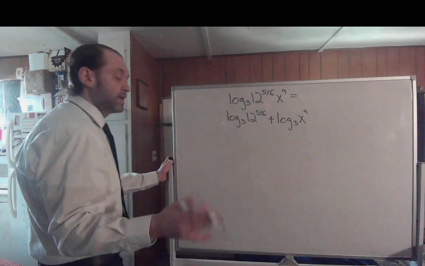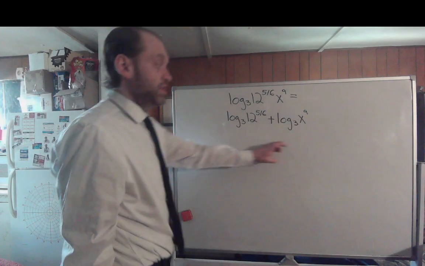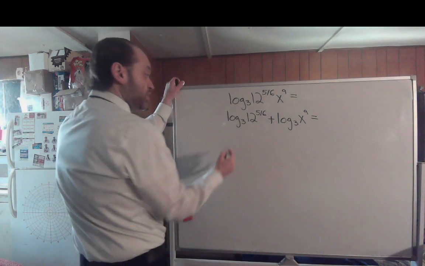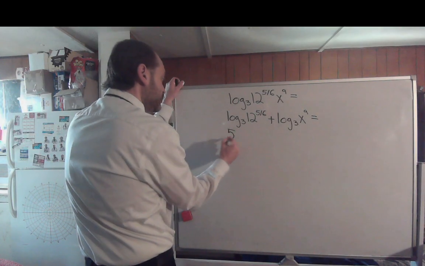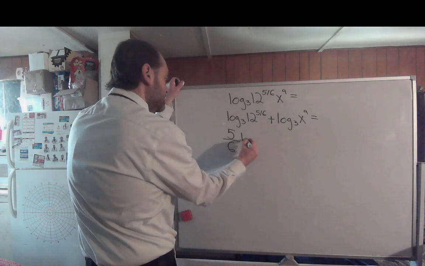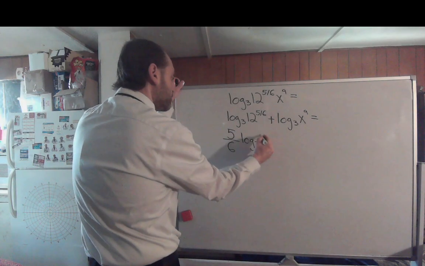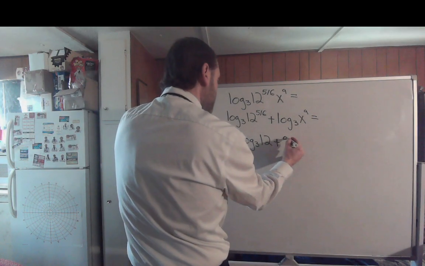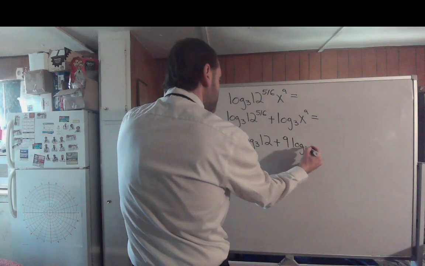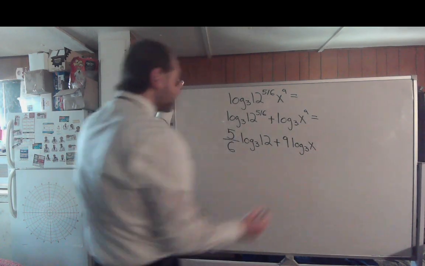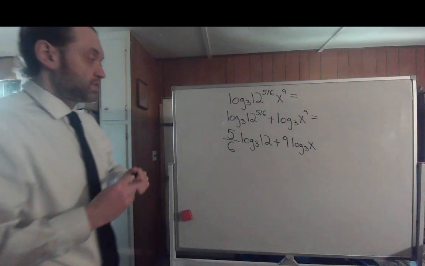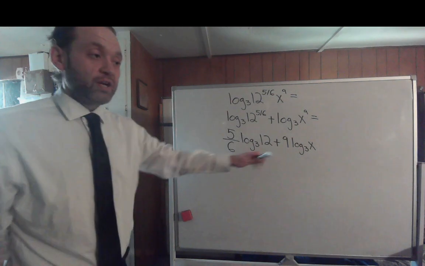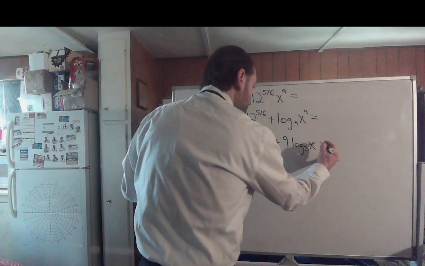We've separated it. Now for each of these you have a power rule, right? So this would turn into 5/6 times log base 3 of 12 plus that 9 times log base 3 of x. Now notice, the 12, you have a product of 3 with 12. Isn't that the same as saying